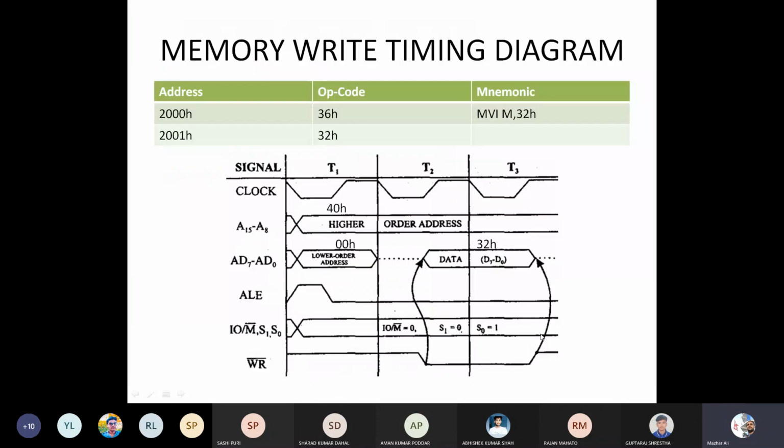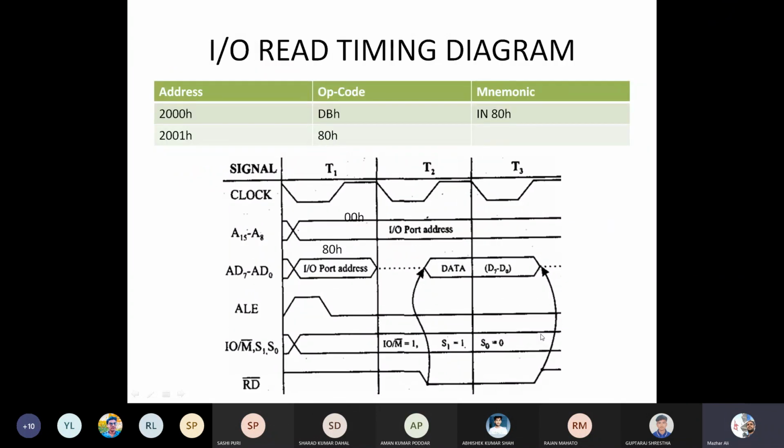Now we will talk about our I/O read timing diagram. Now, what is the difference between memory read and I/O read? It is that in case of memory read, the address provided is a memory address,